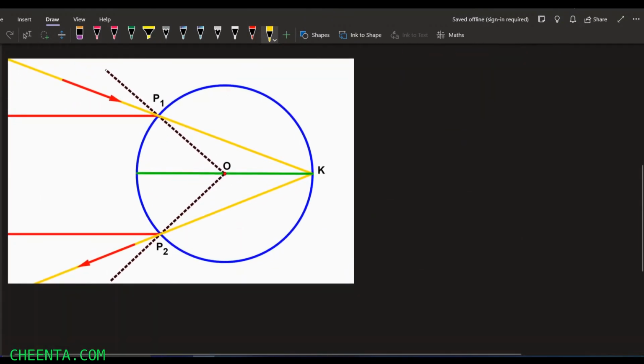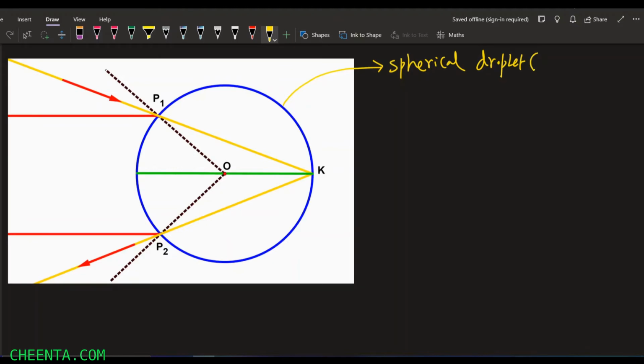And this is the image of the particular problem, and as in the problem, this is the spherical droplet. It appears as a circle because it is the cross section of the droplet. The refractive index of this is mu2, and the refractive index of the outside, that is the air, is mu1 equals 1. I have considered the refractive index of air to be 1 because it is close to that.